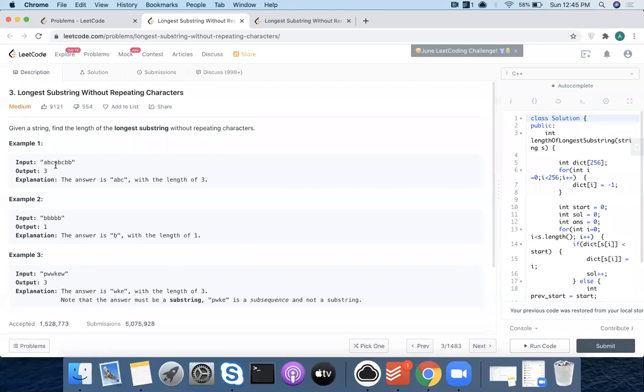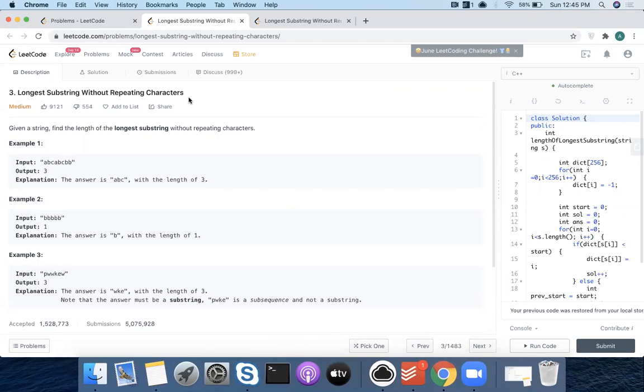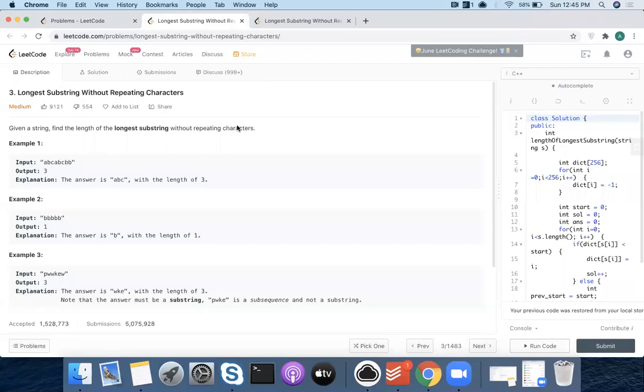Okay, so brute force. Can anybody think of a brute force solution? I think we can take one hash set based on the count of the attributes in the hash set. We can take the indices between the starting character and the ending character, and take it as a substring from the given string. We have to iterate over each element if we are using brute force. For example, ABC, AB, it is there. So we will see the combination of AB, then ABC, then ABA, and then again BCA, like that.